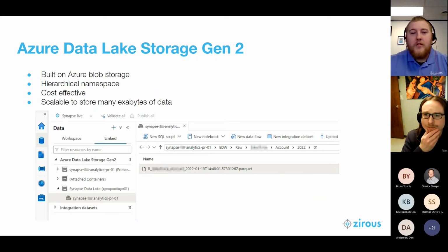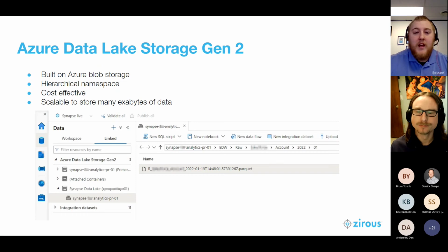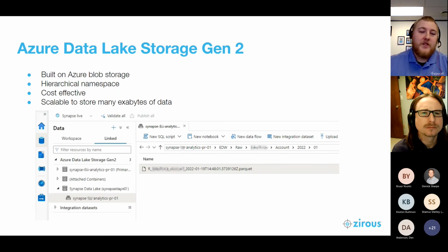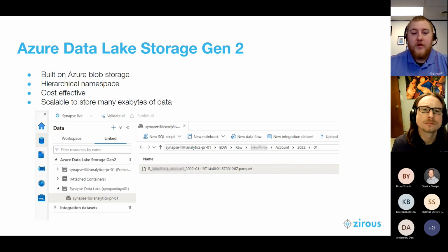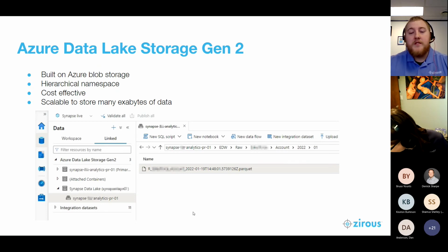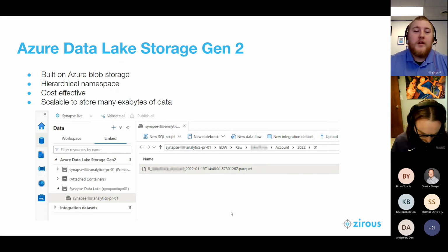And the first step you might be curious to know is, we talked about those raw, transform, and curated zones of your data lake. Well, what does that actually look like? So what that actually is, we have the Azure Data Lake Storage Gen 2, which is where you're going to be storing all of your data. This has a hierarchical namespace that allows you to easily sort out your data. So each of those zones is going to be a different folder inside of that data lake. And then further subdivisions allow you to quickly and easily find files that you might be looking for.